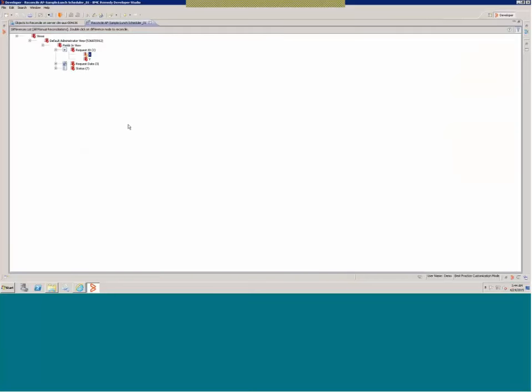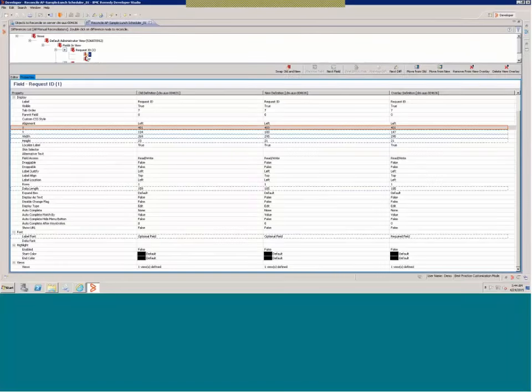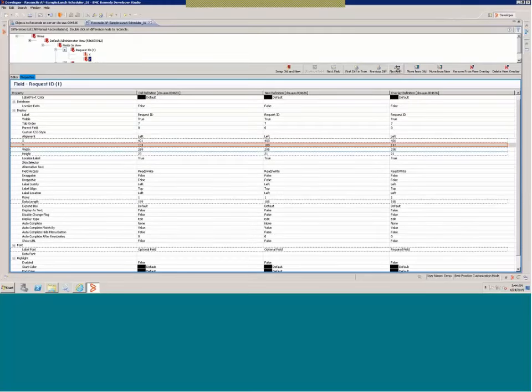Okay, so I'll just click on it to see the difference. Remember these field properties in the Dev Studio, you edit them in a tabular view, in a table pane. So here also the differences we are showing in a table with columns for old definition, new definition, and overlay. And you can navigate through them just like you did for the workflow different attributes. So now there are a bunch of properties that have changed,